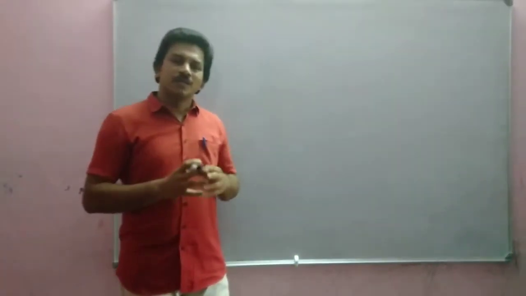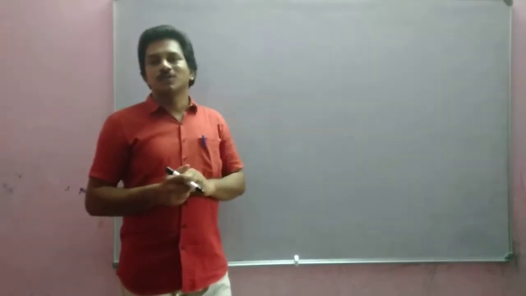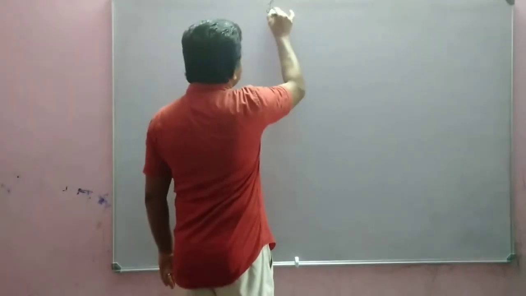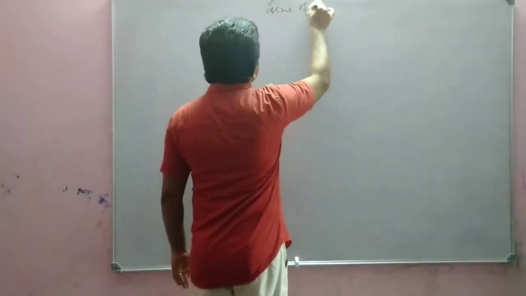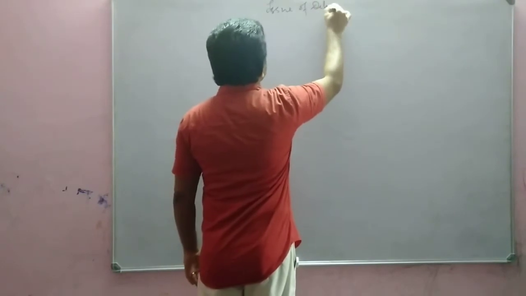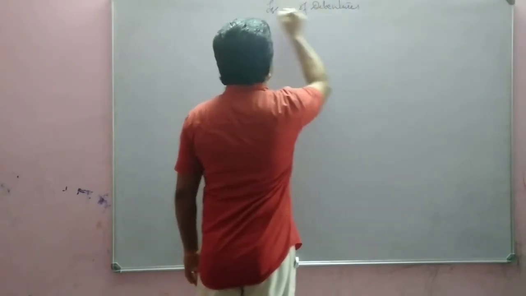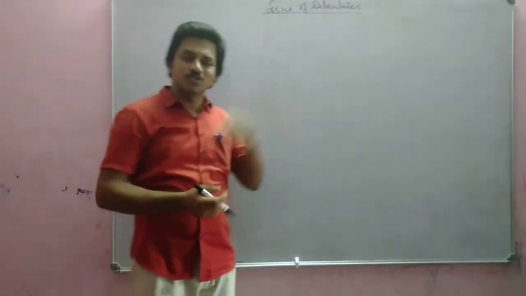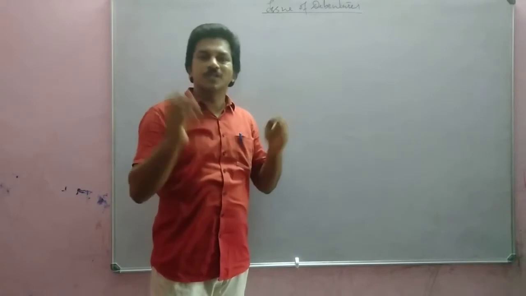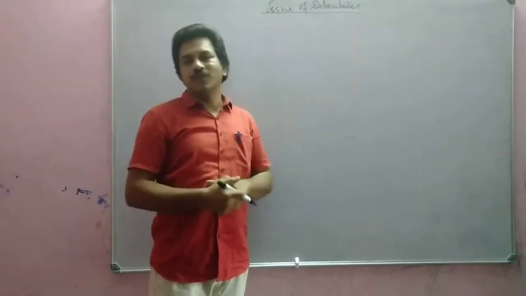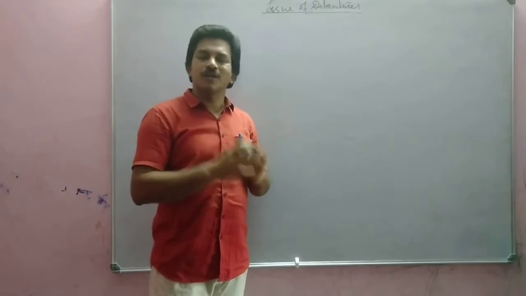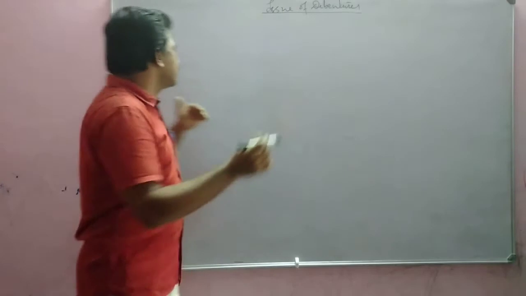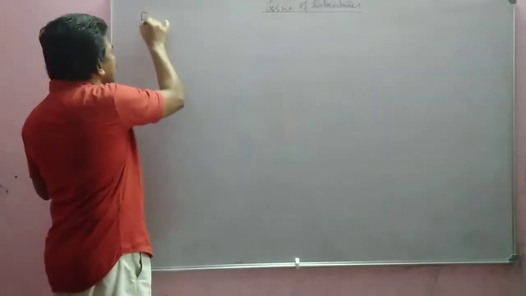Now we are going to see the accounting part of the debenture, that means issue of debentures. Debentures can be issued just like shares. That means they can be issued for consideration of cash and for consideration other than cash. So if we think about issue of debentures for consideration of cash,